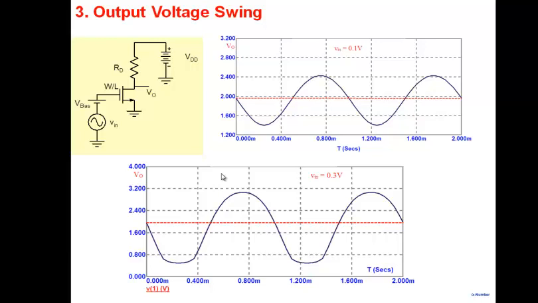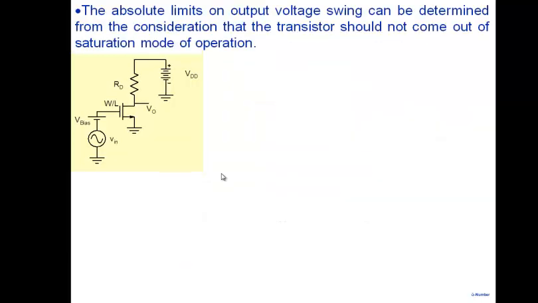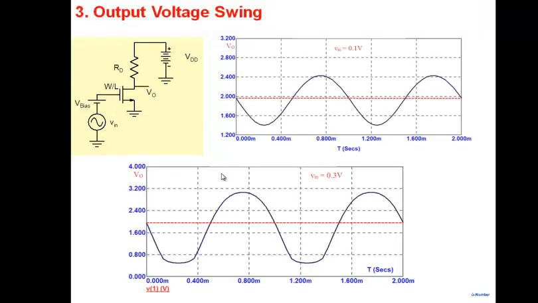One thing that you have to keep in mind is, if you want to avoid distortion, you have to keep the transistor out of linear region. You have to make sure. The moment it enters into linear region, you'll start seeing this kind of clipping. Alright? Okay. So for this particular circuit, if I look at 0.1 volt,